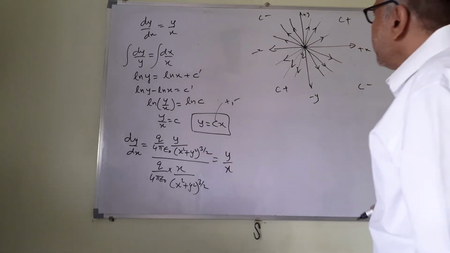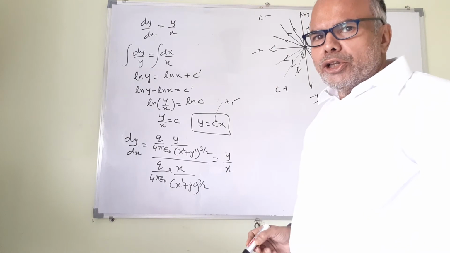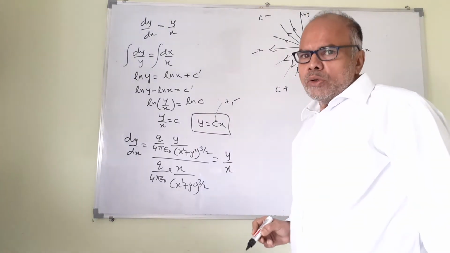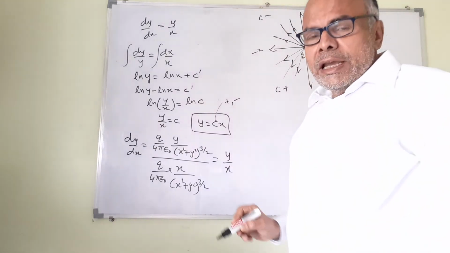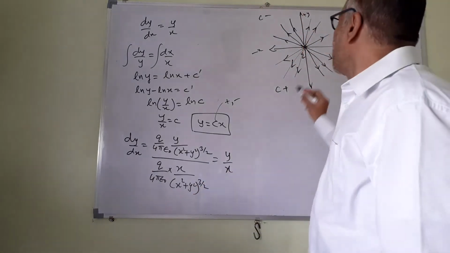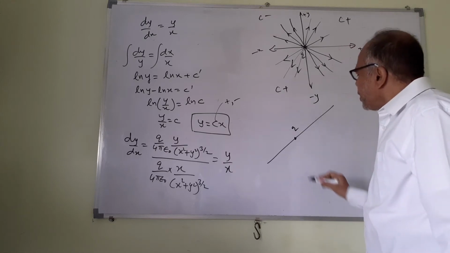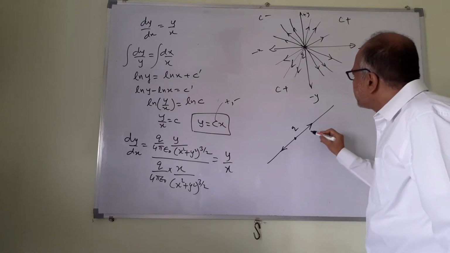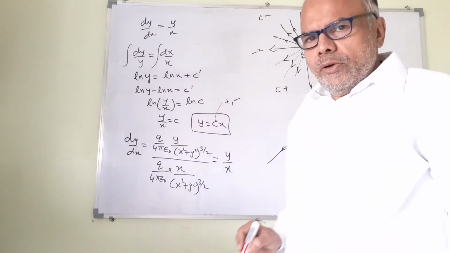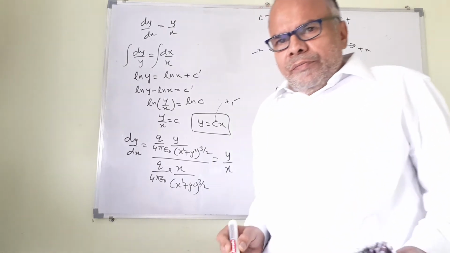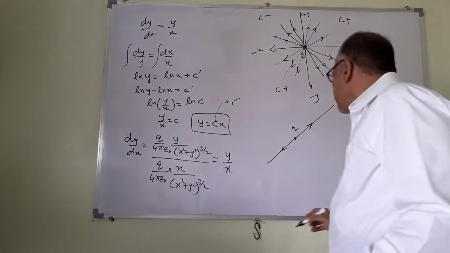So we find here, if we ignore the arrows, we can say the lines of force are continuous. But if you take the direction into consideration, then the lines of force are not continuous at the location of the charge, because there is a change in direction. If this is the charge q and I draw a line of force like this, the direction here is like this and the direction here is that way. That is, they are radially outward. So at the location of a charge, the lines of force are not continuous, whereas in all other places where there are no charges, the lines of force are continuous.